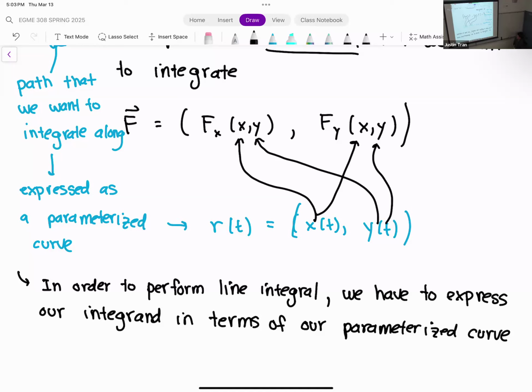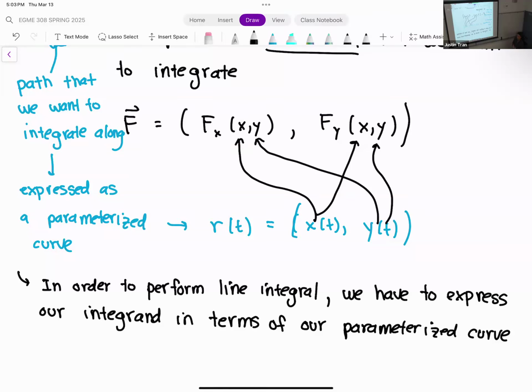Okay. So that sounds kind of confusing, but I think once we do an example, it'll all be kind of clear. And I wanted to finish up today with that example, just to put a bow on this topic. But any questions on this before we do that example here?